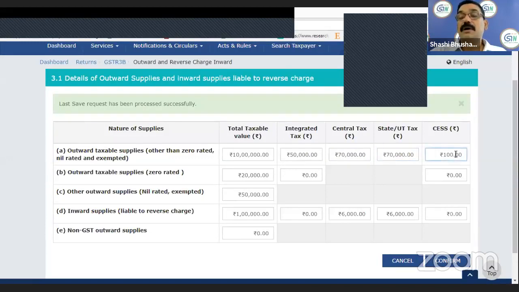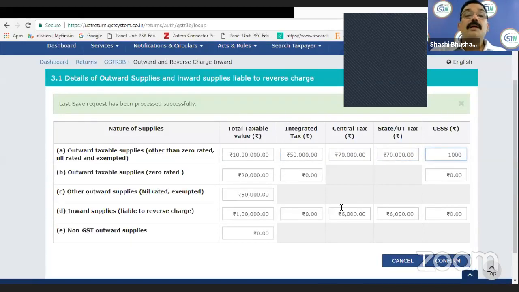And the cess I am required to pay is 1,000. Now, on the next, you are required to declare your outward supplies zero rated, that is supplies to export supplies and supplies to SEZ, which is 20,000 here. The value, you can increase it